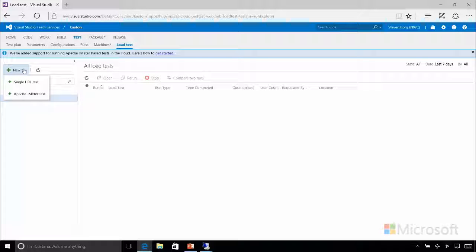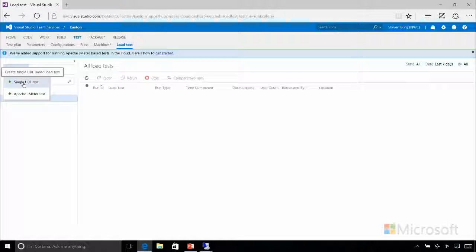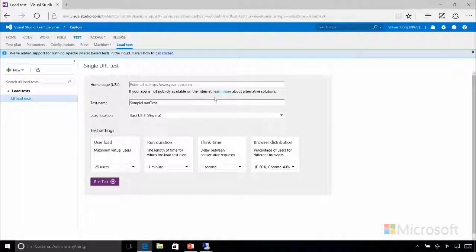If you create it in Visual Studio and publish it, I can do your style of load test. If I'm going to do it myself, I can do a single URL load test here, or use Apache JMeter, which is another very common, industry common load testing framework. So I'm going to use a single URL test. So I'm going to click that button here, and it's going to say, great, what's the URL of your app? Well, I'm going to go to https://library.nwcadence.com, and we'll call it